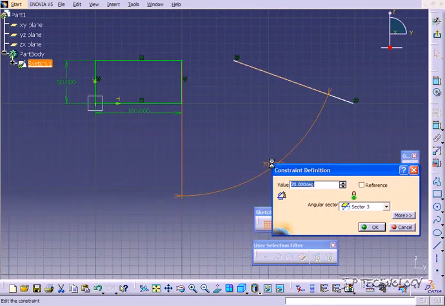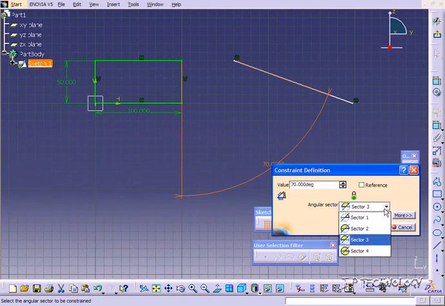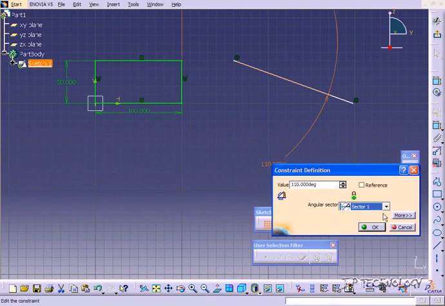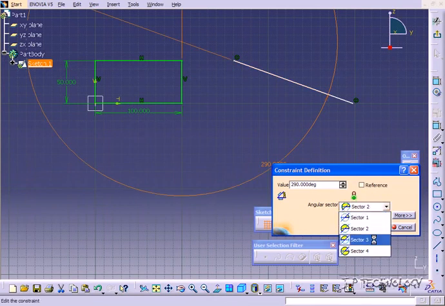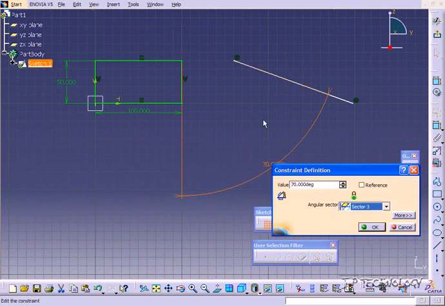Now if you double click on the angle, you're also able to choose the angular sector. So it gives you different dimensions for different sectors. As you can see, as I'm scrolling through and selecting each one, I'm getting a different angle for it. Now most of the time it's going to give you the smallest angle, the one that you want, but sometimes it doesn't, so you may have to go through and toggle through the sectors to get the right angle. So we'll click OK,